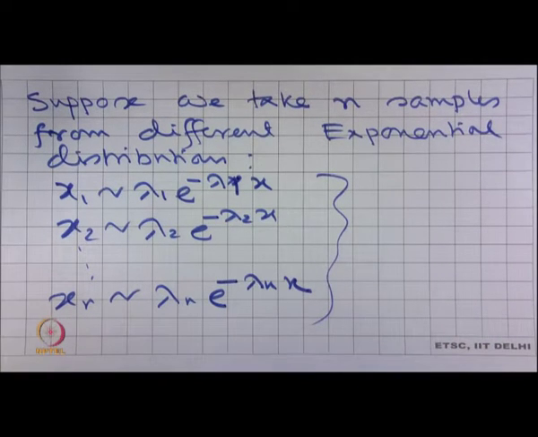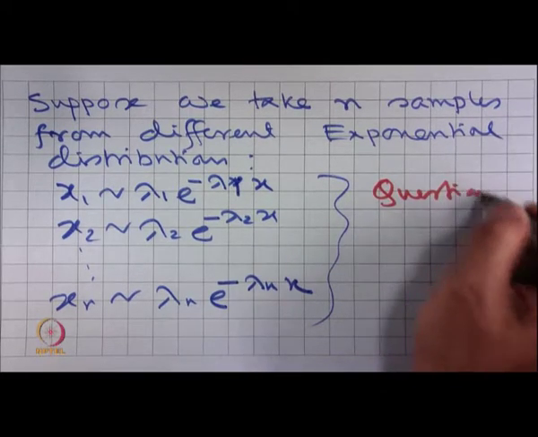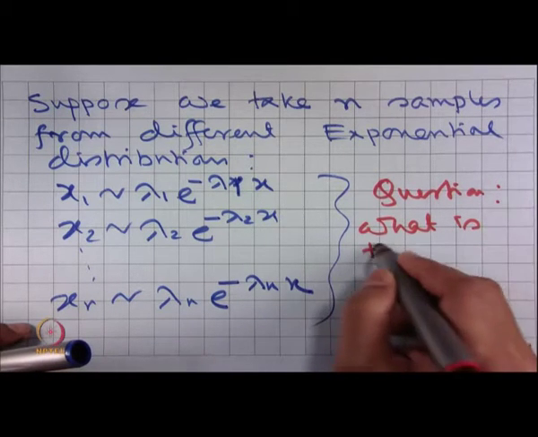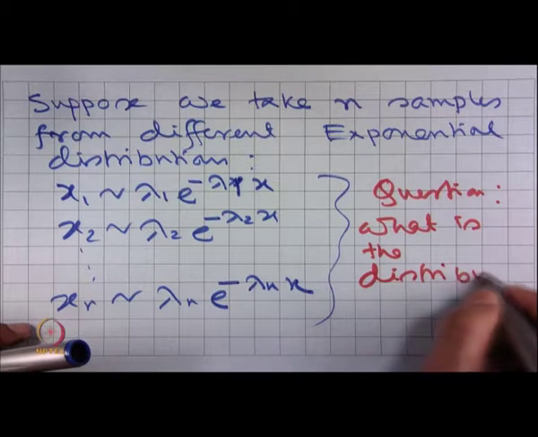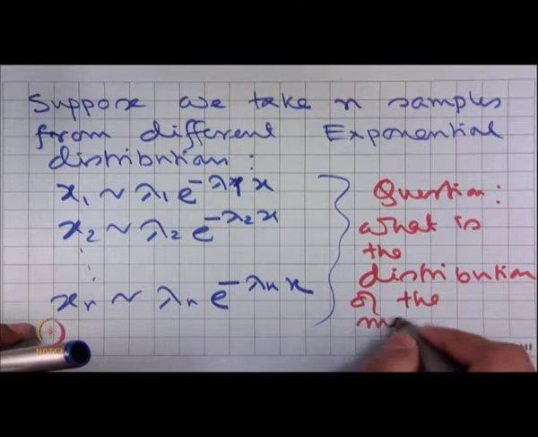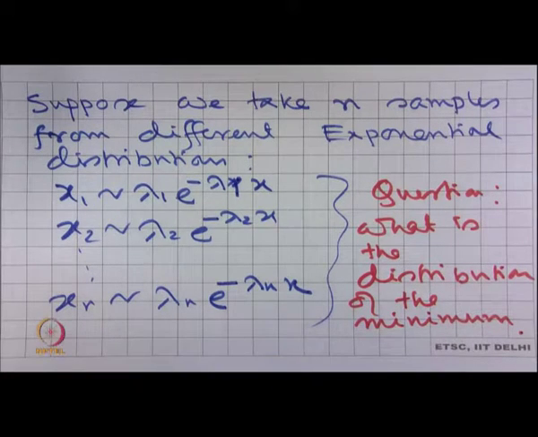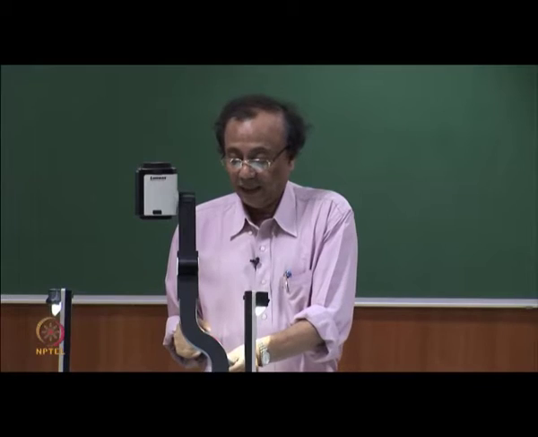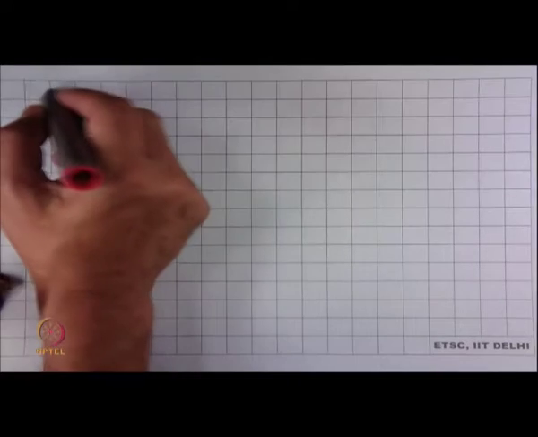The question is, what is the distribution of the minimum? This is not exactly coming under ordered statistic, but the idea that I gave will tell you that